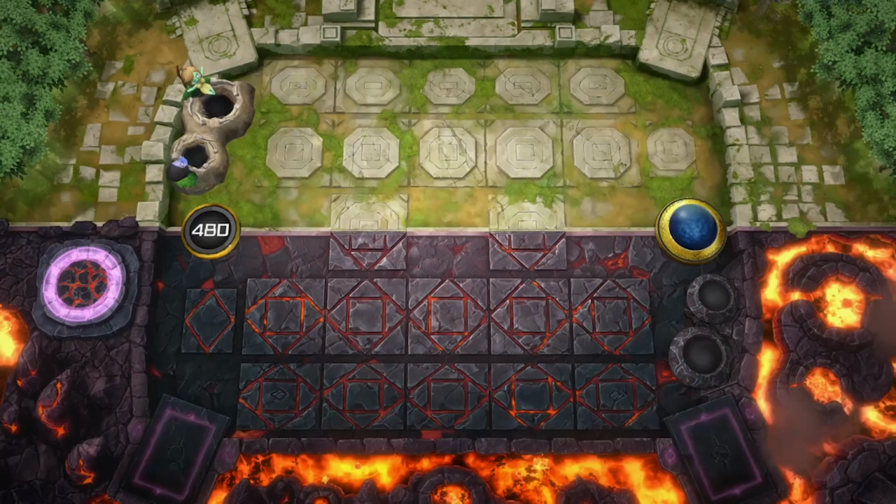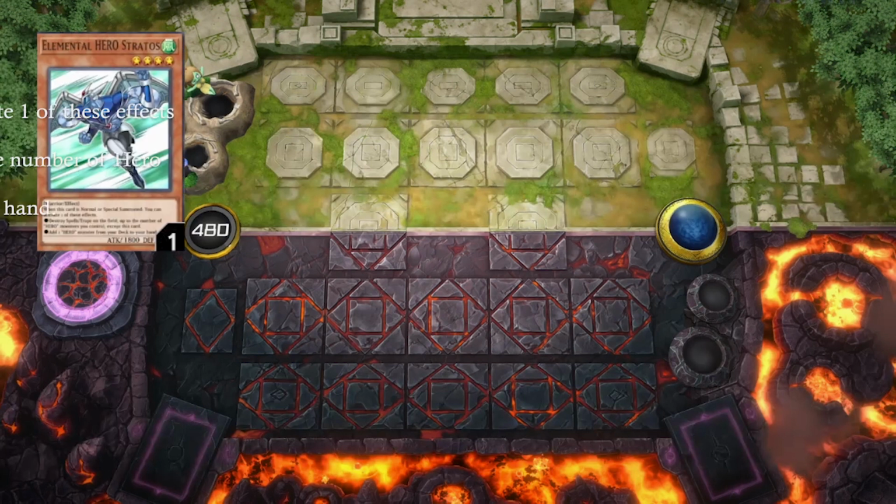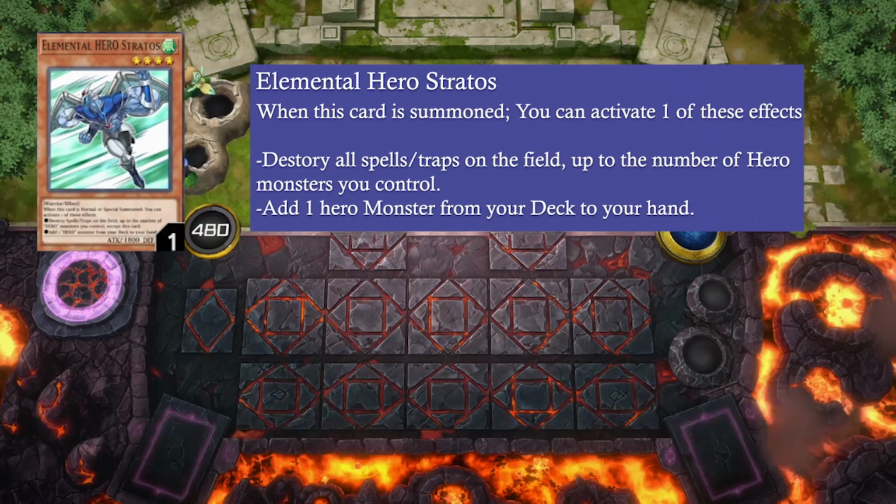Our first hero is Elemental Hero Stratus. He can destroy spells or traps when there are other hero monsters on the field, so you can play him in your endgame. However, he is a very good card to start with, as he can search and add any